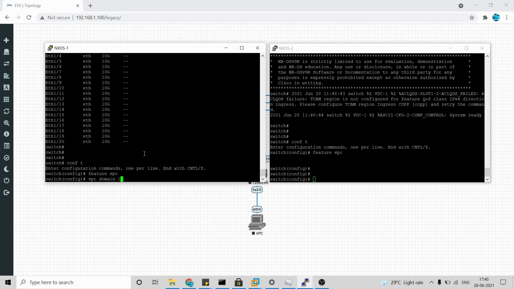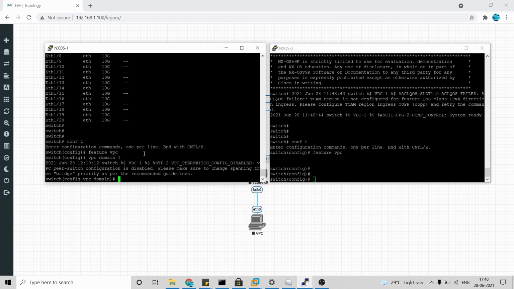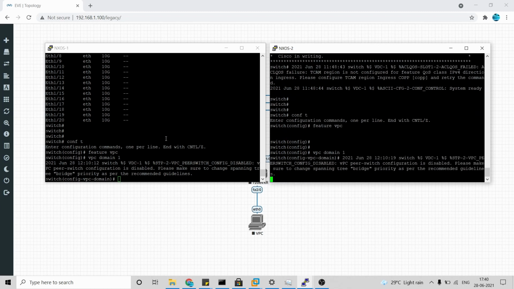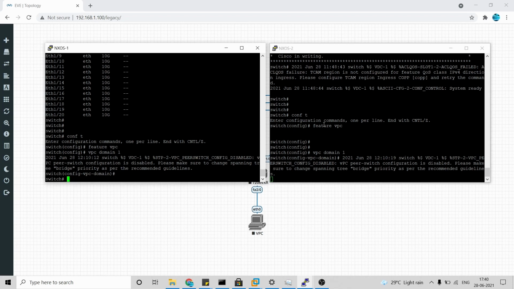The next thing is to enable the VPC domain. I'm just going to give a VPC domain name as one. Once that is done, we have done that in both the primary and the secondary.